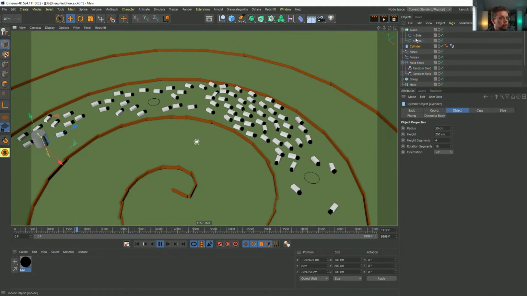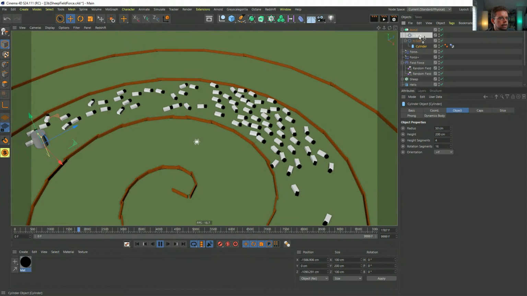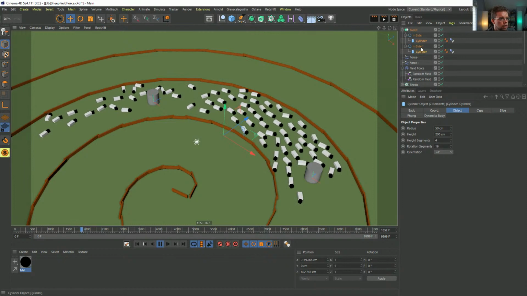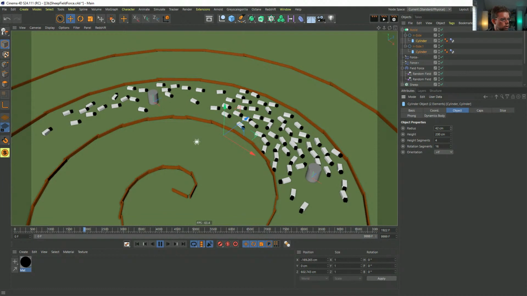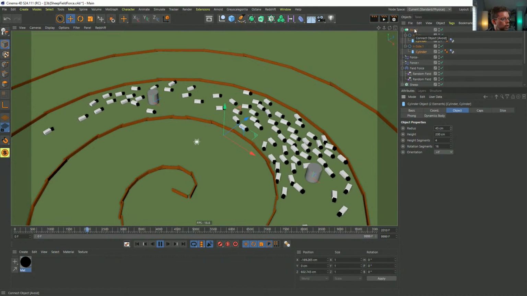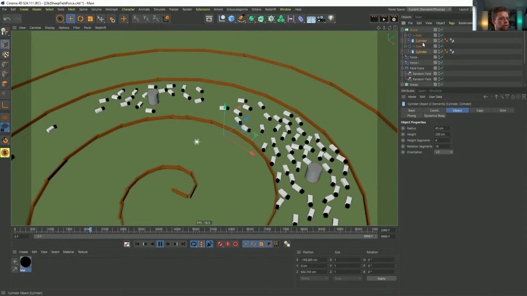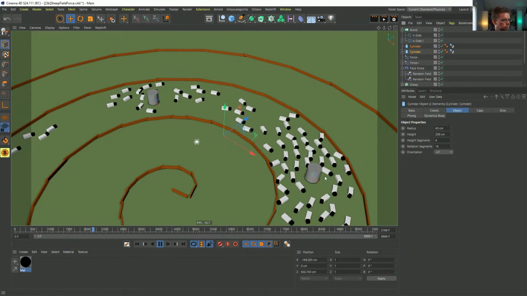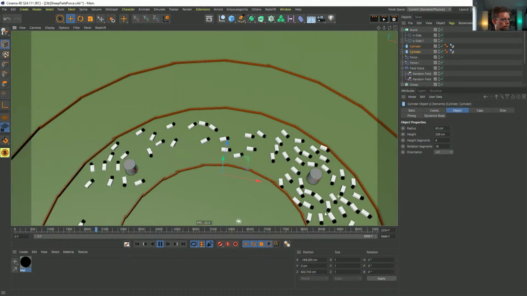So if we were doing different shapes, different silos or whatever, they can just become children of these end sides. And those end sides actually represent them not being able to go through, but it's actually doing a direct avoidance. So where's that end side? Oh yeah, I wonder if that still works, because there's a thing with a connect object that as soon as there's any geometry inside of it, it stops seeing it as a spline. So it's something to keep in mind. But yeah, those should be avoiding and going around, and we've still got our sheep going.